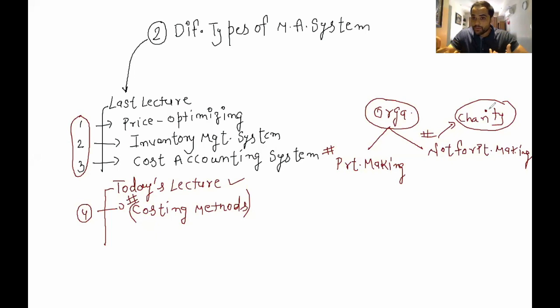These are examples of companies which are part of not-for-profit making organizations. Their objective is not to make money, like government universities or schools. What is the objective? To provide free education or low-cost education. Why is the education low-cost? Because their objective is not to make profit, all right? So that's why they are much more involved in supporting or contributing to the society